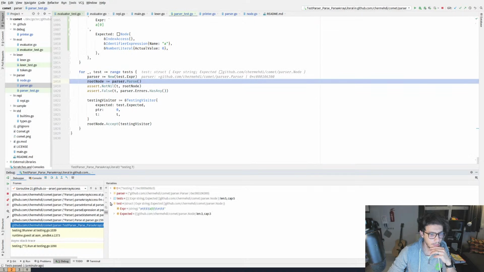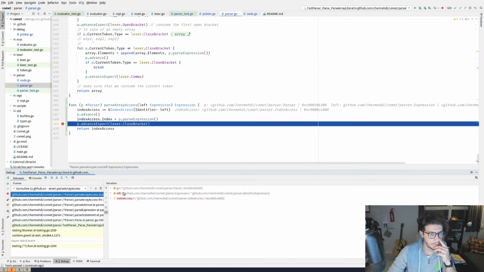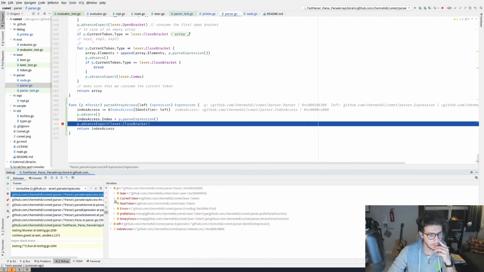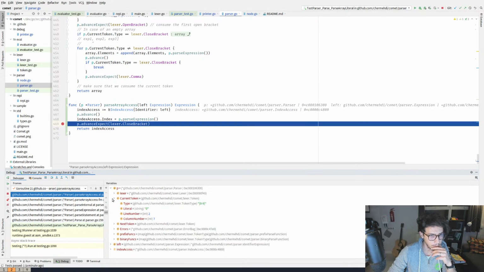So what's the current test? So left is parsed correctly, which is an identifier expression. And what's the current token? The current token is a number.